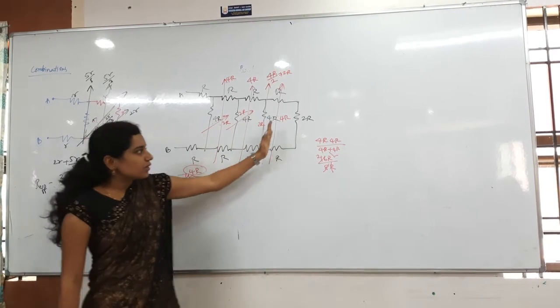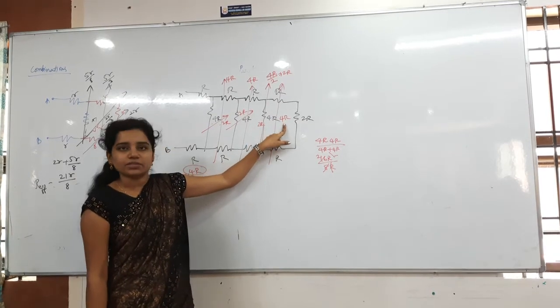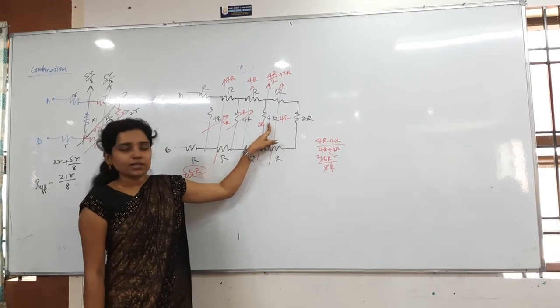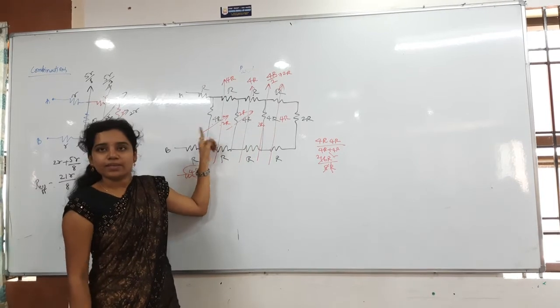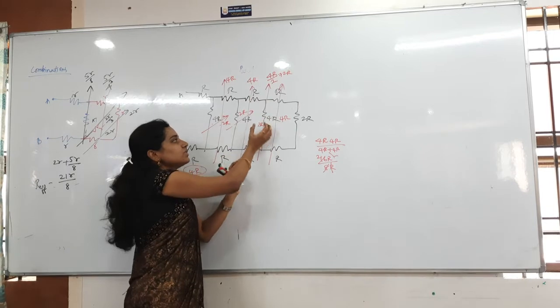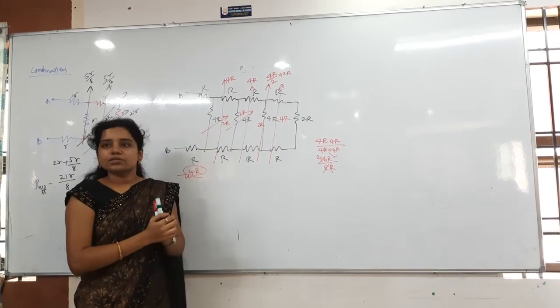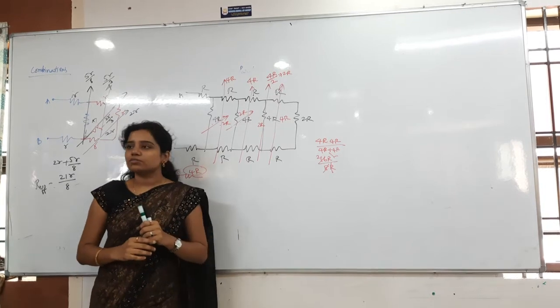Now whenever you see the closing side, up to here if you come, 4R is there, now here also 4R is there, then again everything is 4R. Whenever I reduce this circuit, 4R is coming. If I reduce this circuit, again 4R is coming. If I reduce this one, again 4R is coming. So your final answer also is 4R only.